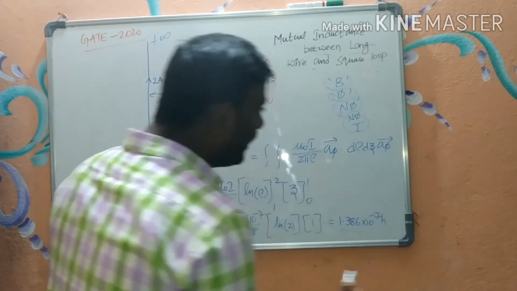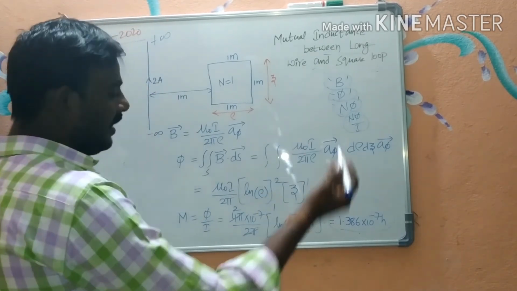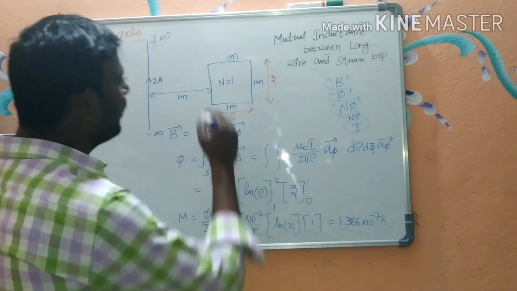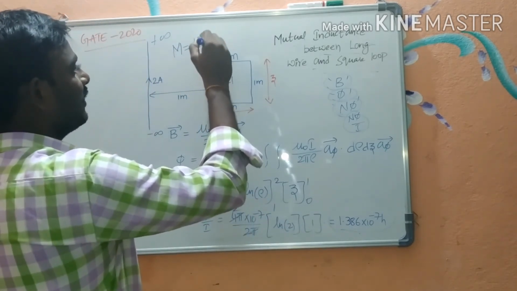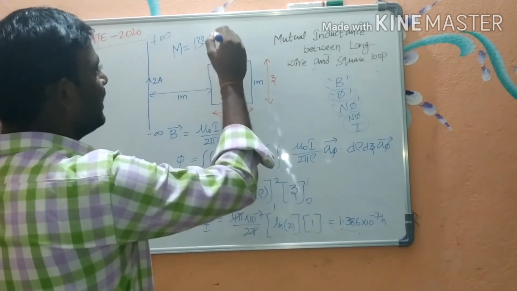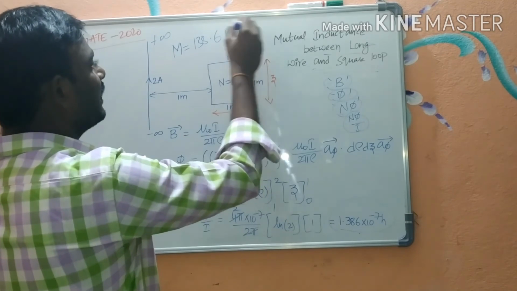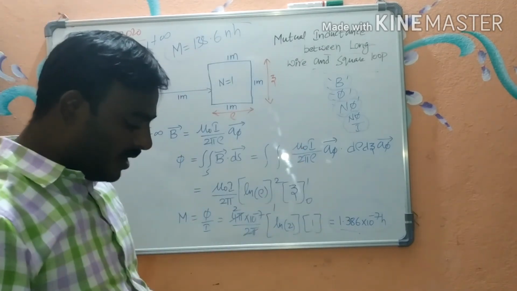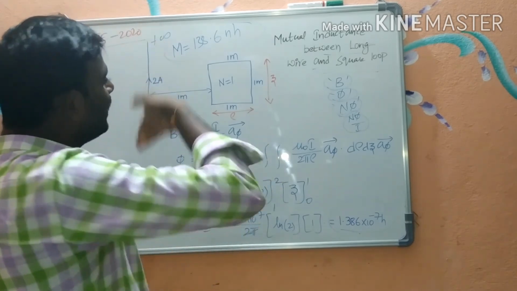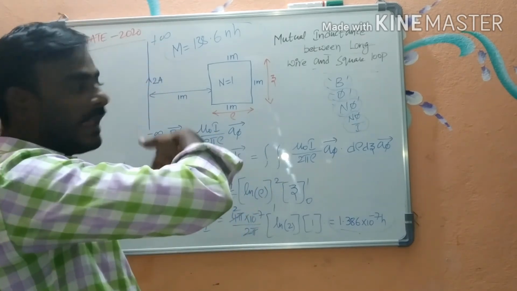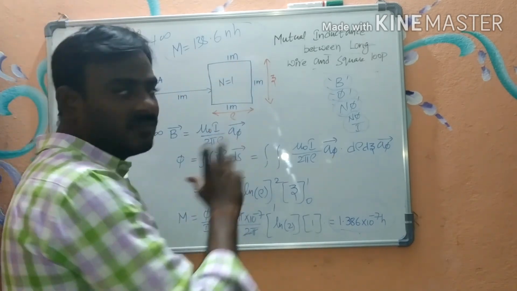In the question, it is asked to express the inductance in nanohenries. Hence, I can express the mutual inductance as 138.6 times 10 power minus 9 henries, which is 138.6 nanohenries. This is the answer for the mutual inductance between an infinitely long current carrying conductor and a conducting loop. So in this way you can find